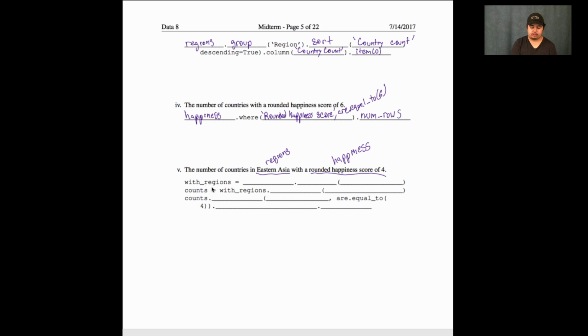And since this variable right here is called with regions, we kind of get a hint that we're supposed to somehow combine happiness and regions. And so we have blank dot blank comma blank, parentheses blank. So what we're going to do is, since we're combining and we're looking at rounded happiness score, we're going to do happiness